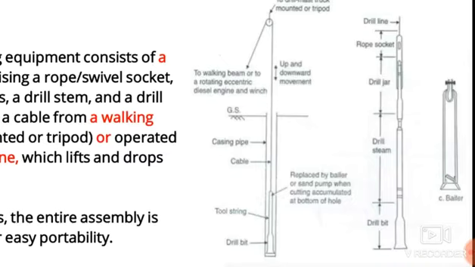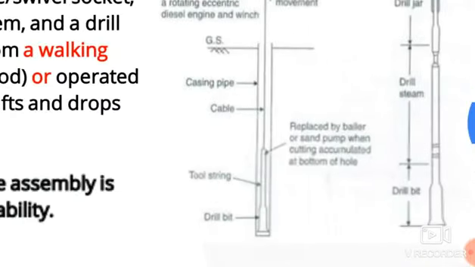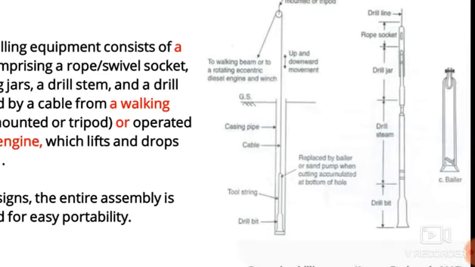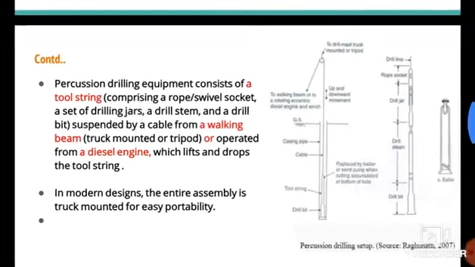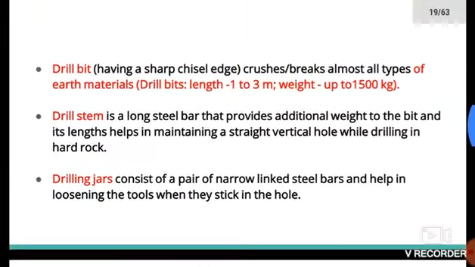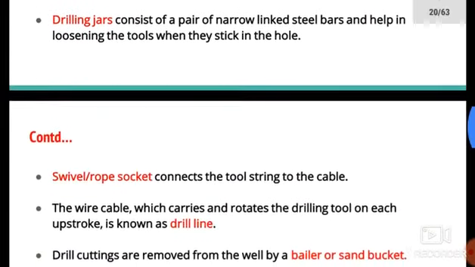For removing the soil, we will detach the tool string from the cable, and we will attach a baler instead of that tool string. That baler is a cylindrical instrument which uses a vacuum pressure for taking the soil inside the cylinder, and that baler will remove the soil outside the hole. So this is what is happening here. If there is any confusion, you can just read this. All these things I have explained there.